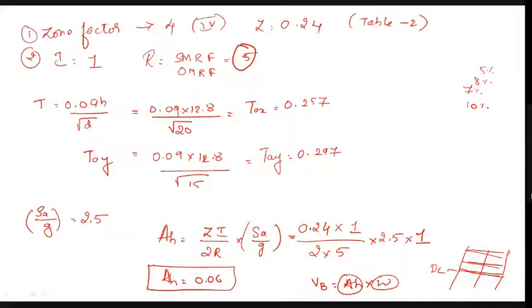So what we have to do is, he has given the column size and beam size, correct? So with respect to that, we have to determine the dead load of the column, the dead load of the beam, and the dead load of the slab. Then we will determine the total dead load acting on each floor, and also on the roof. In previous questions, he has directly given the dead loads, but here he has not mentioned any of the dead loads. So this is the most important thing, most of the students make mistakes here only.